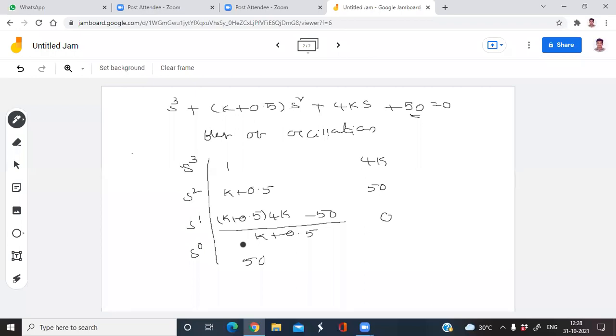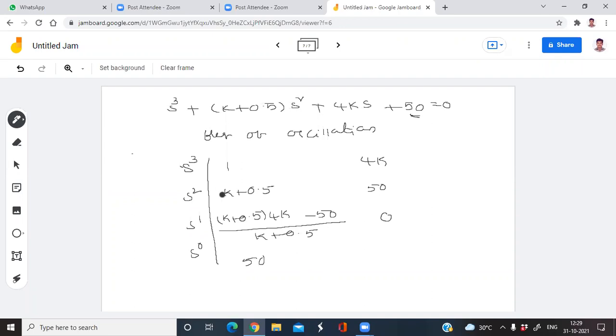Here, whenever the system is stable, that is for a stable system, what is the range of k? That is what you have to find. After that, you have to find the frequency of oscillation also. See, it depends upon the question. In the previous question I told you to only check the stability, no problem. Whenever the question is to find the number of roots, one procedure is there. Similarly, here also find the range of k for stability.